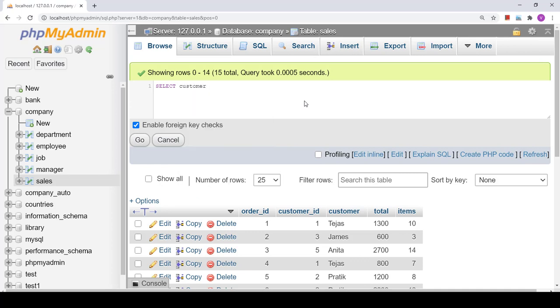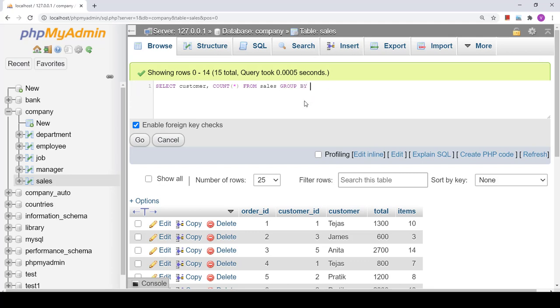And I want the total number of orders that customer has placed. So, I am going to write count and in bracket star, from table name, the table name is sales, and then group by